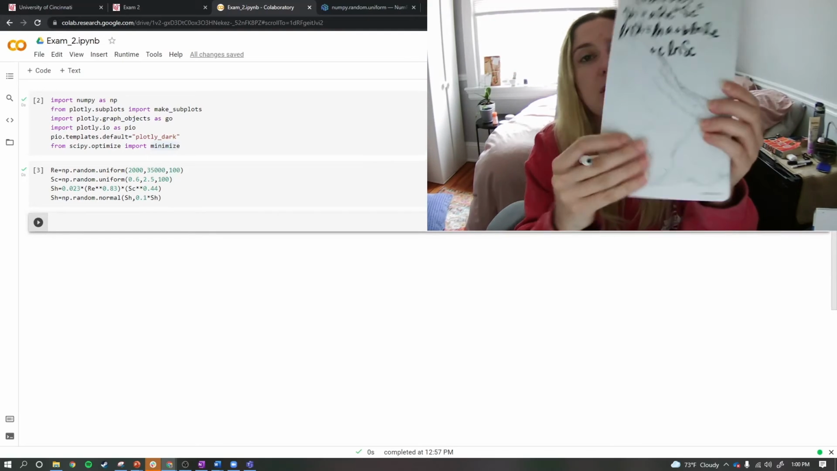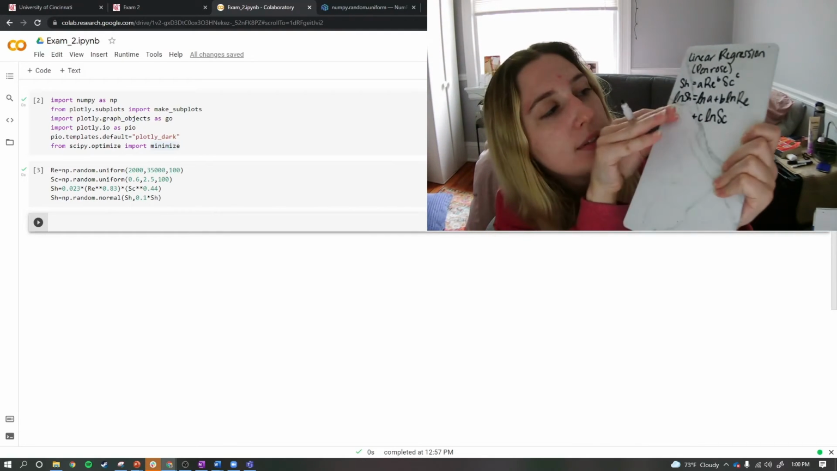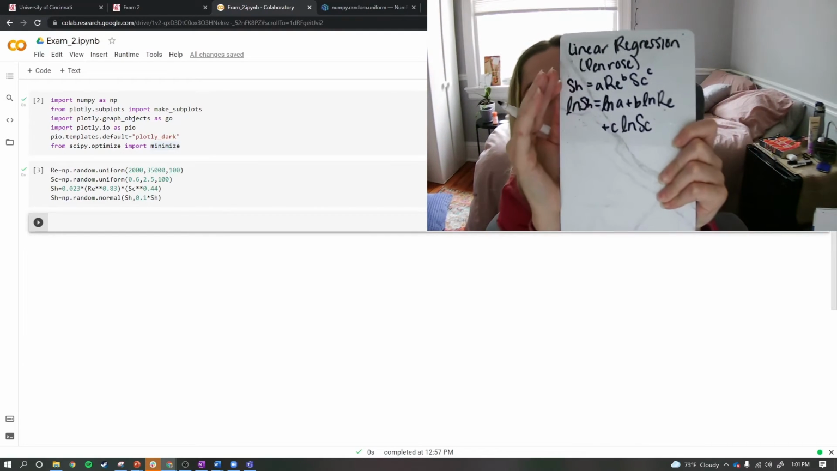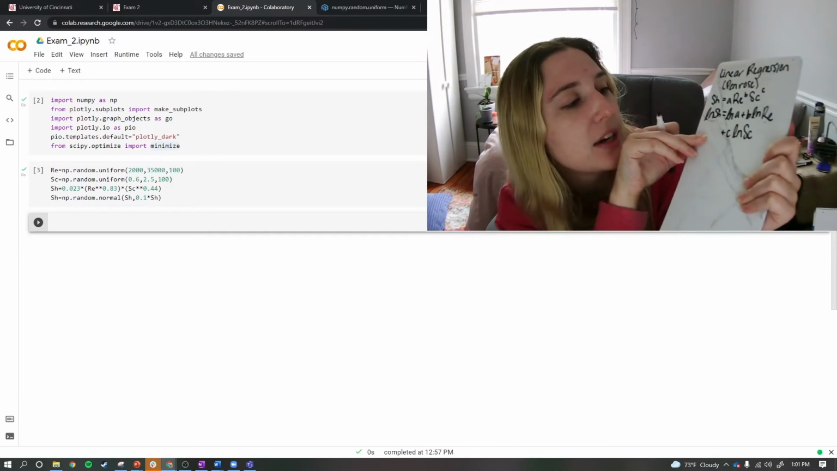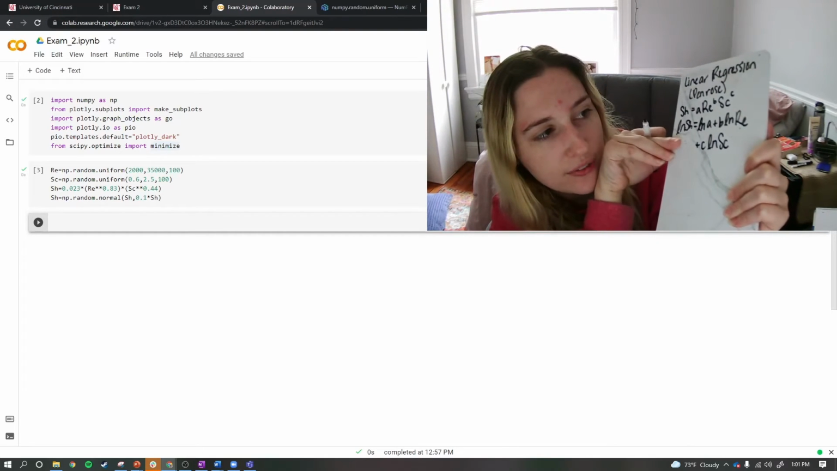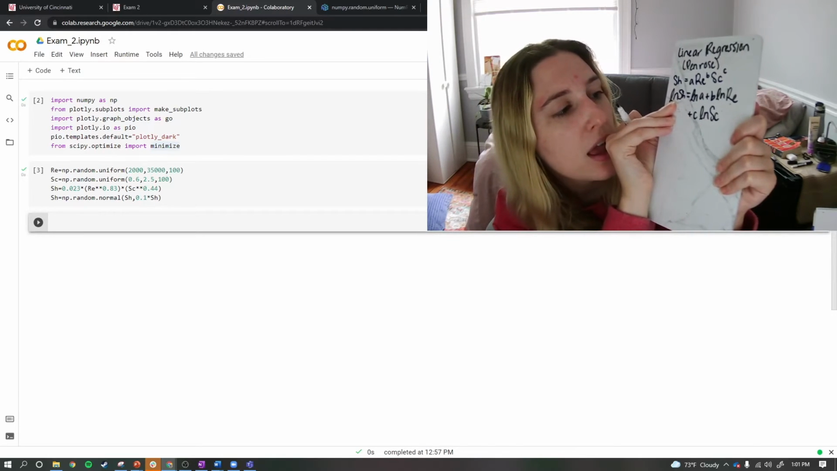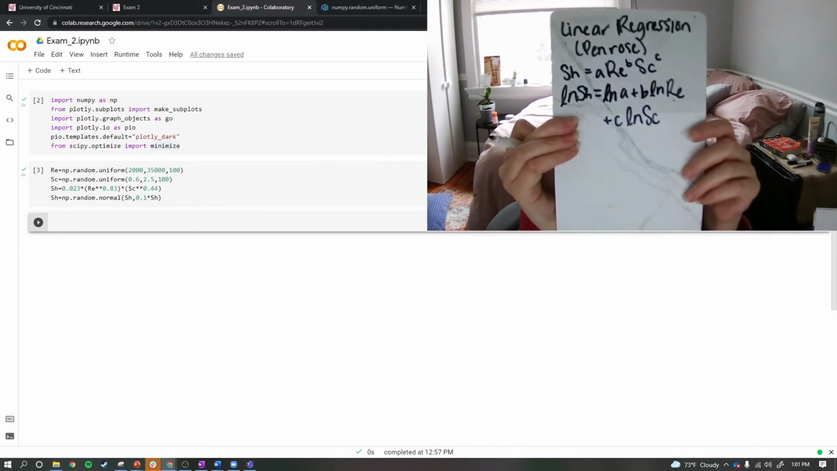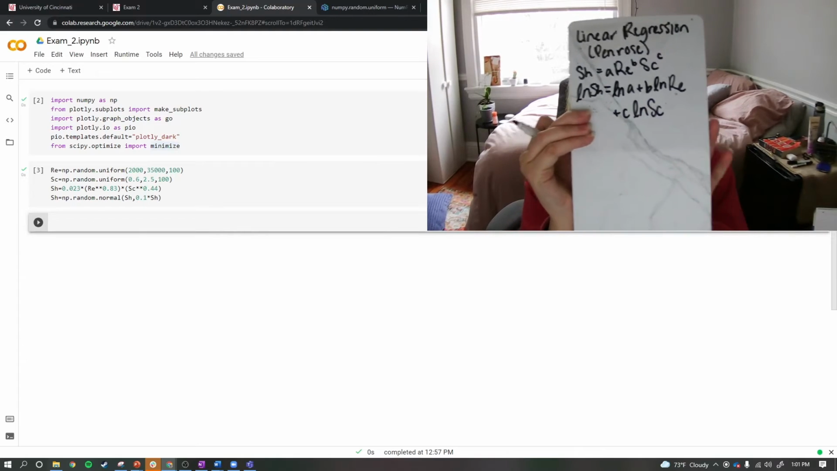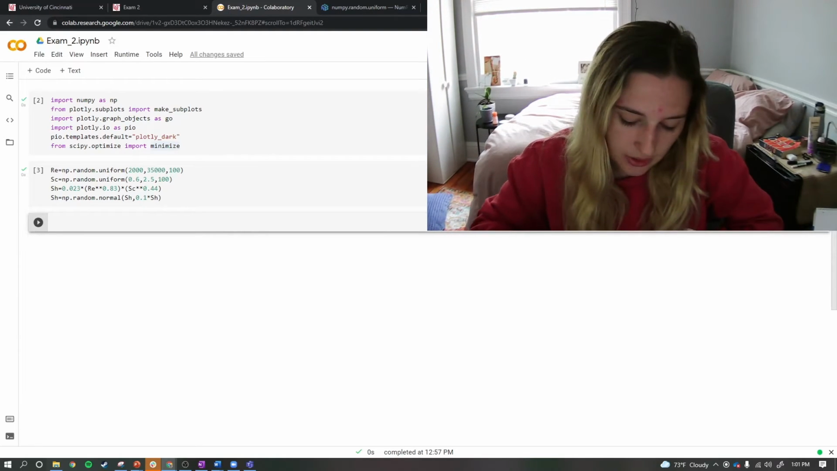So as you can see, I just did the natural log of everything from that relationship. So now it's natural log of the Sherwood number equals natural log of A plus B times the natural log of the Reynolds number plus C times the natural log of the Schmidt number. And then next we are going to